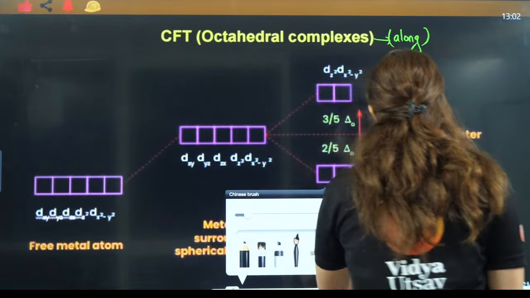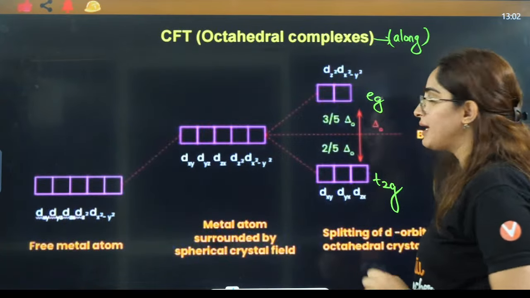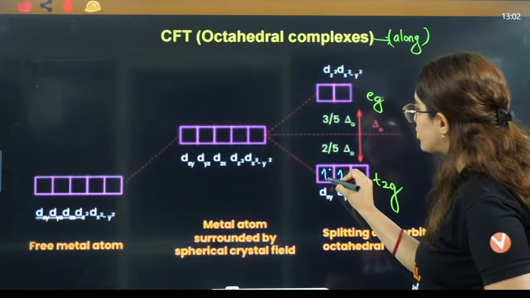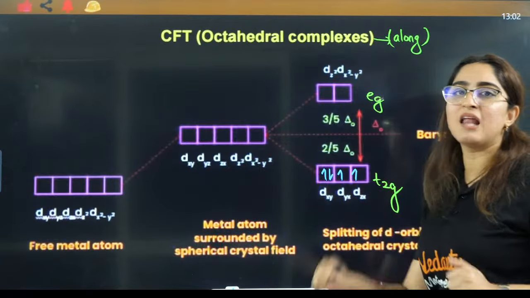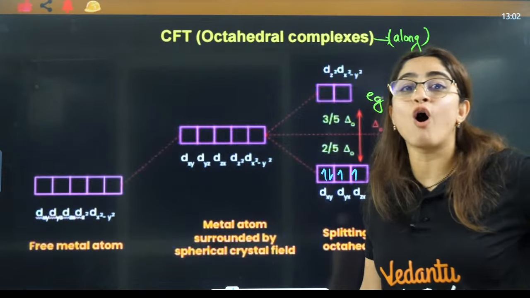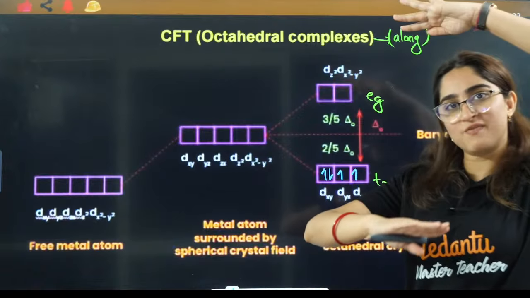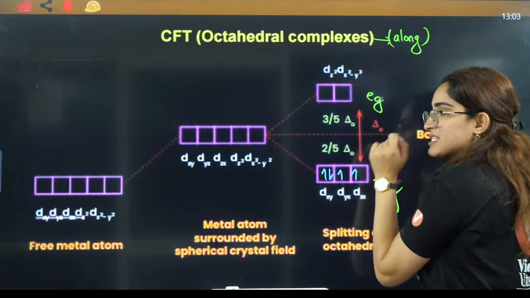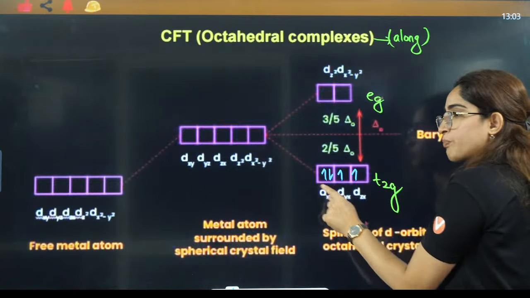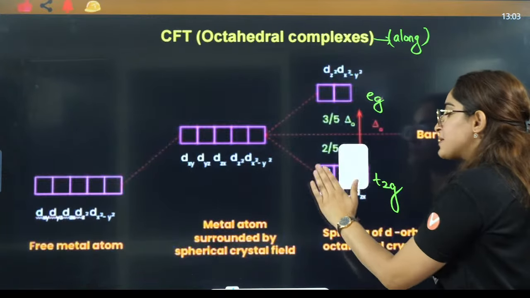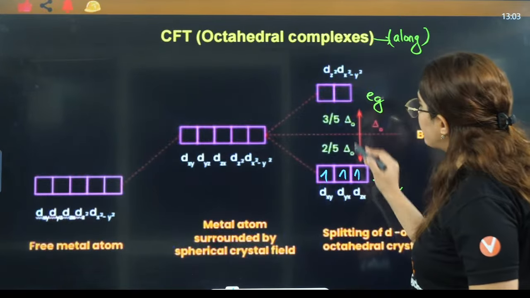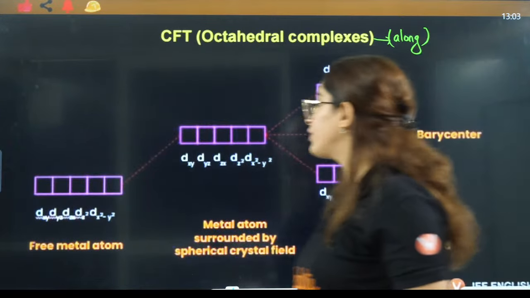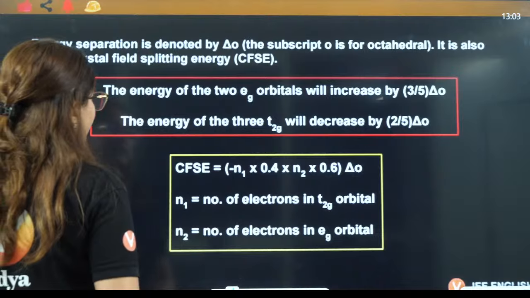Now, if I say the gap is very large here, that means the 1st, 2nd, 3rd and 4th electron I have to fill here only. If the gap is very large, that means there is a strong field ligand. That is why the gap is very large, and the next electron cannot jump to the next position here. It has to pair up here only. If the gap is not large, the 1st, 2nd, 3rd and 4th electron can go here. So that is the reason we say this thing, that for weak field ligand,